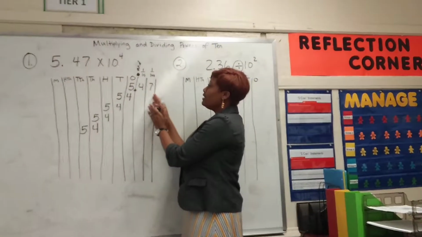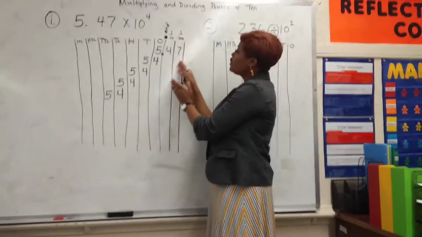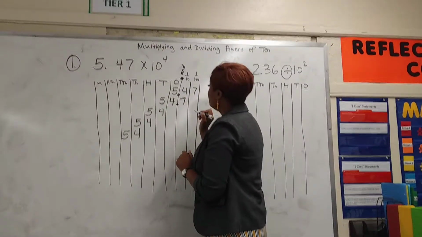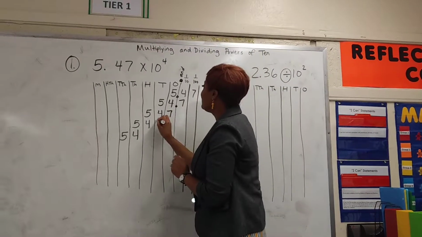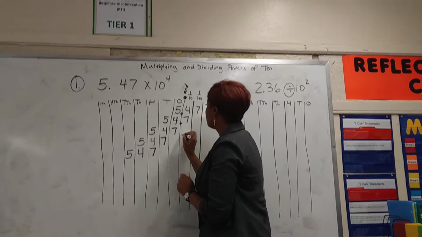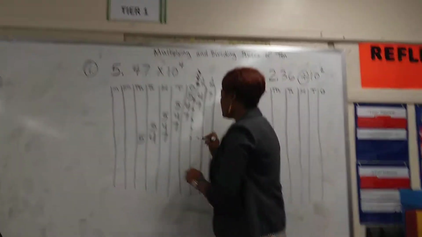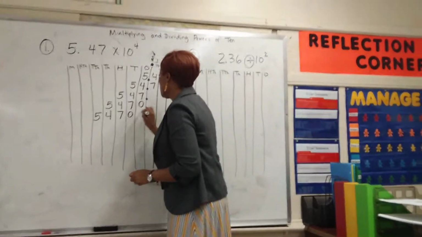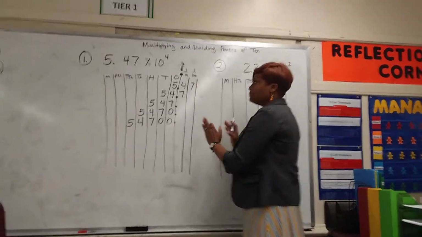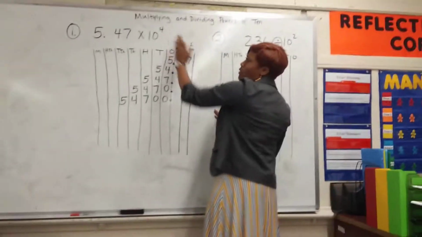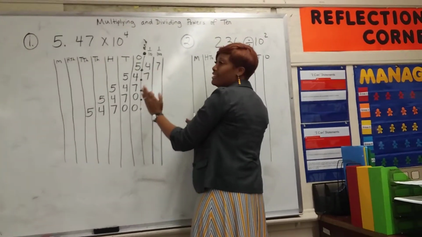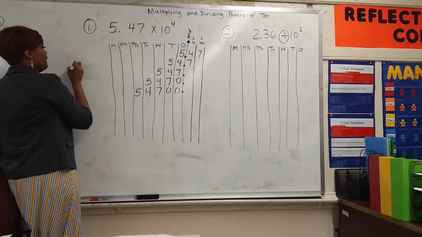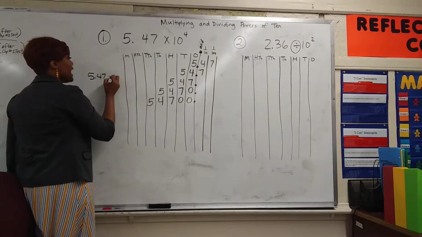Now, let's look at how the digit in the hundredths place shifts. It shifts from the hundredths to the tenths, to the ones, to the tens, to the hundreds. Now, what do we put here? Our placeholders are zeros. So, when we multiply by 10 to the power of 4, we go to the place value that's 10 times as much, 4 times. Another way to write this is 5 and 47/100 times